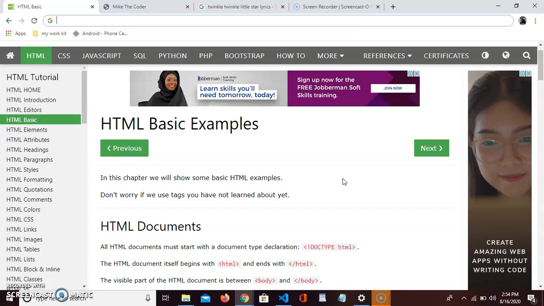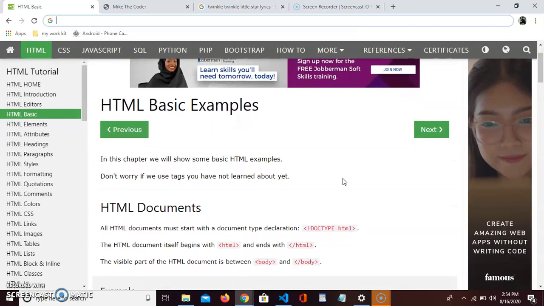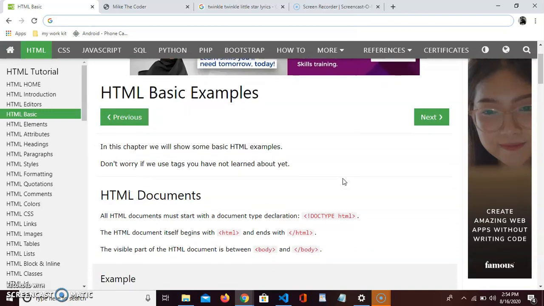HTML5 lesson. So in this lesson, we are going to be talking about still the basics of HTML. In this chapter, we will show you some basic HTML examples. Don't worry if we use tags you have not learned about. I must have taught you about tags in the previous lesson, H1 tag, paragraph tags, and what